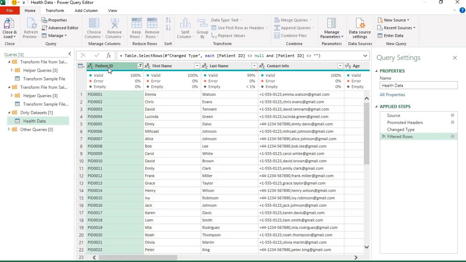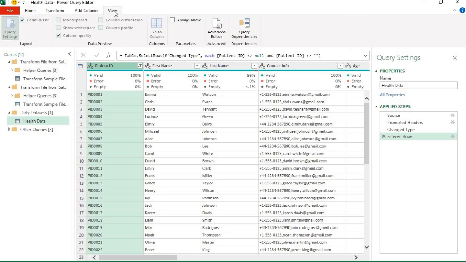Now in your Power Query, you might not have this. Maybe it is not selected. So for you to select it, you will go to your view tab and you will see something called column quality. If you deselect column quality like this,